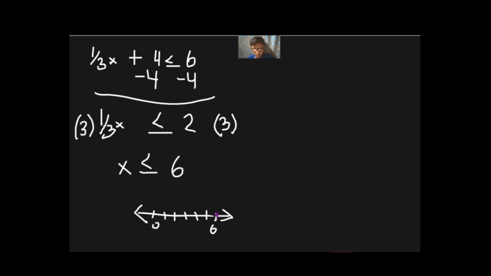That's why we're going to shift to the left. To represent this answer using interval notation, our answer will be negative infinity and